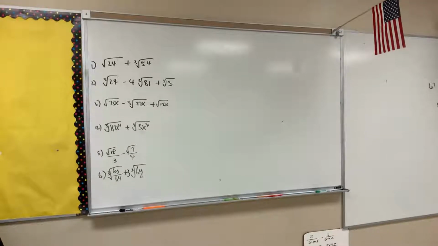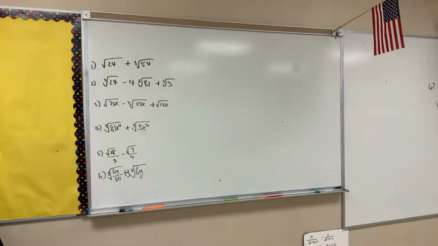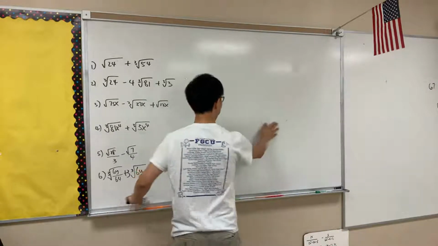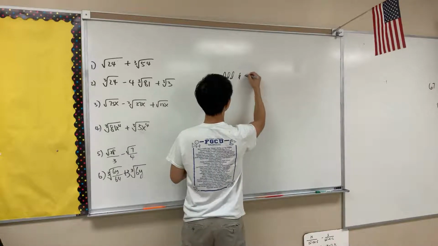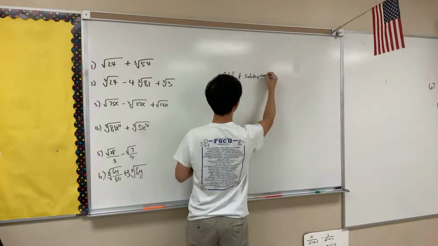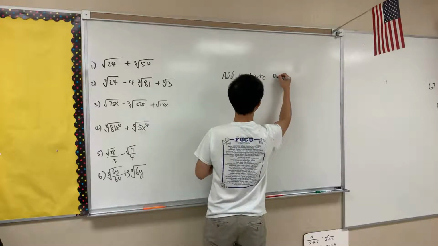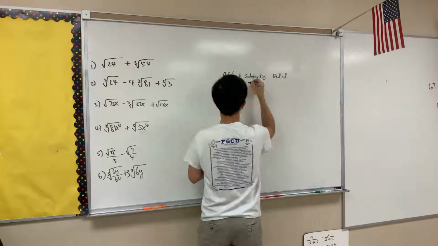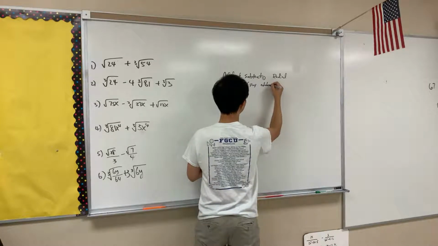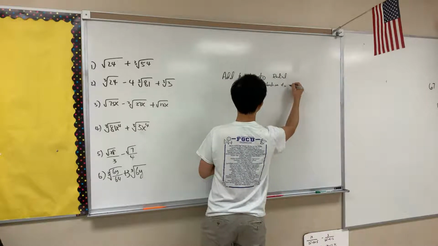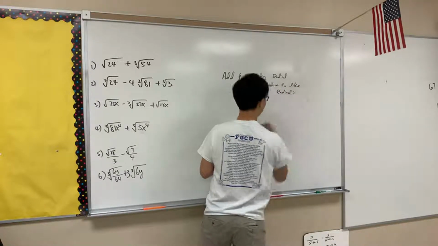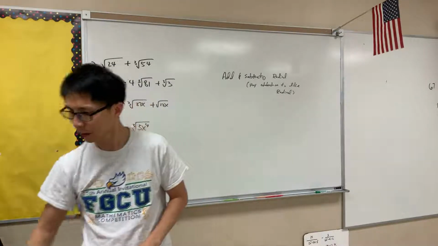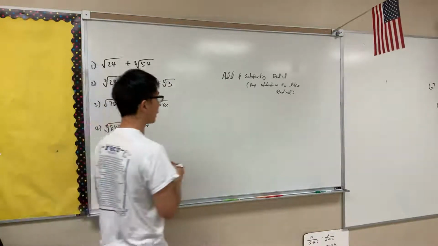Okay, so we're going to talk about adding and subtracting radicals. You need to make sure, when you're adding and subtracting radicals, that you pay attention to like radicals. So, what do you mean by like radicals? So, for example,